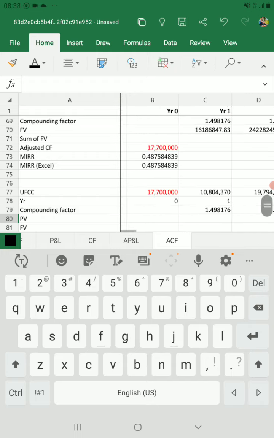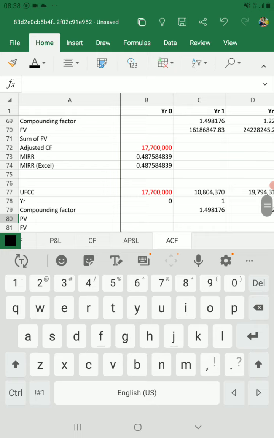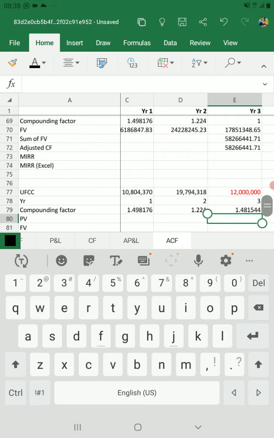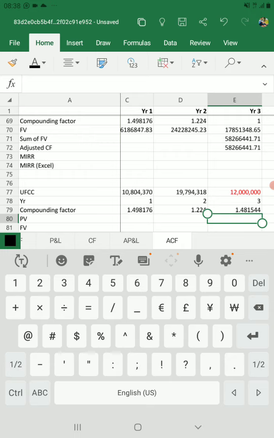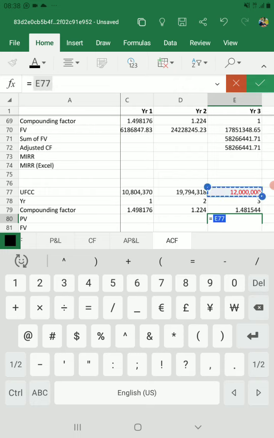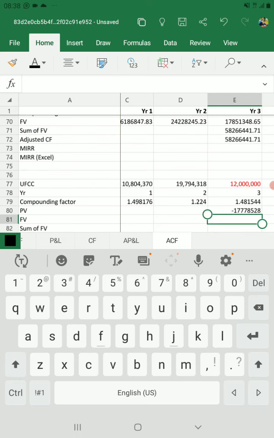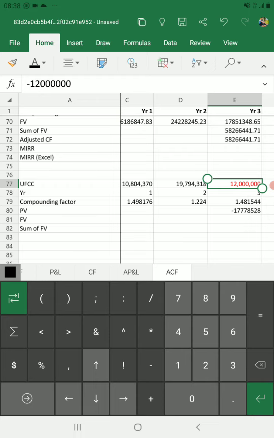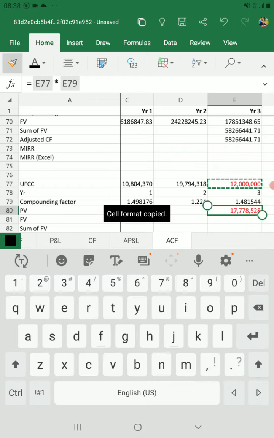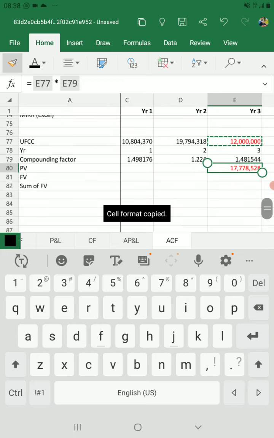So its present value now is simply taking equal sign, this figure multiply by the discounting factor. So we have the present value. Let me copy this format here so that this one comes out in red. Okay, so we have the present value, and